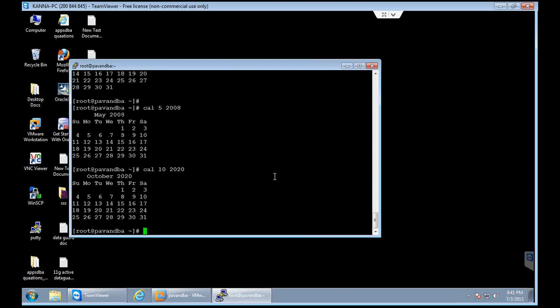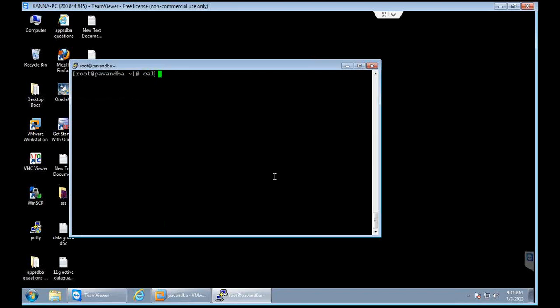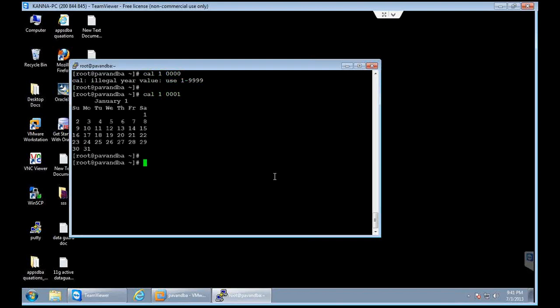So like this we can display the calendar also. And the lowest possible value is cal 1 0001, that is the first year in the first century, and the highest possible value is December 9999.